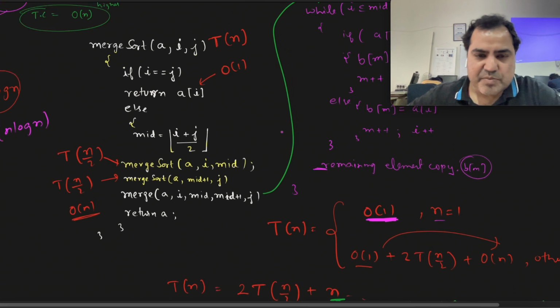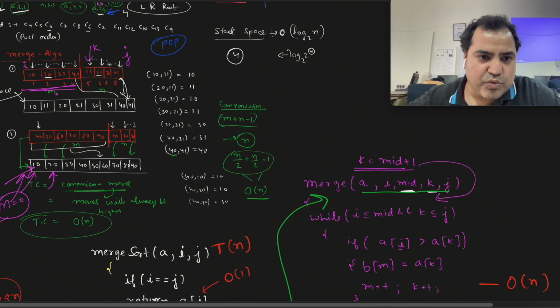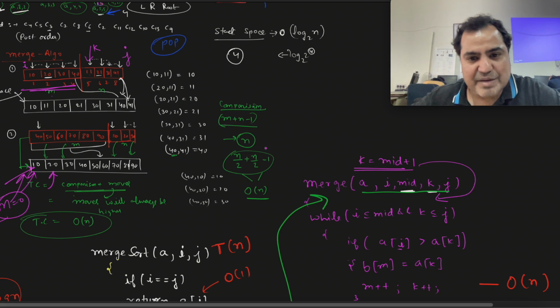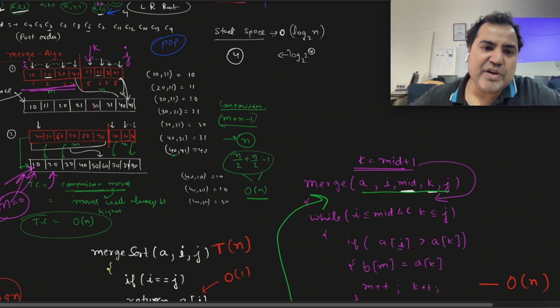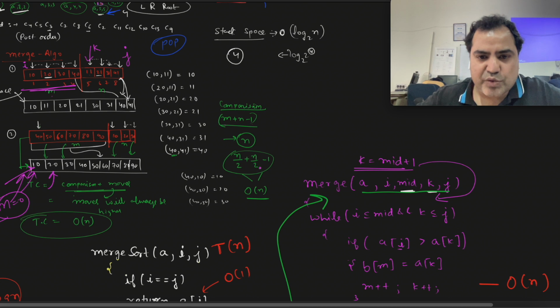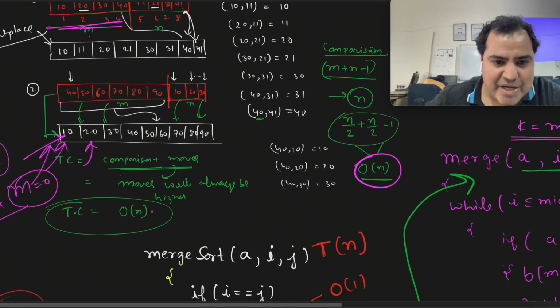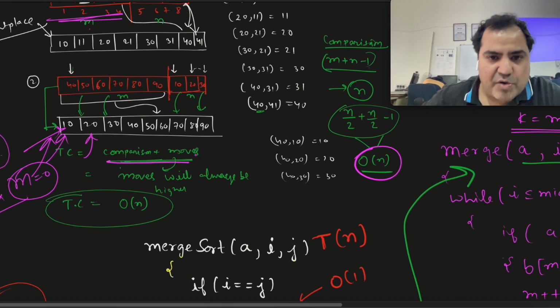And then there is one important step where we define comparison. If we have two different size arrays m and n, if we are merging, then the number of comparisons is m plus n minus 1, right? If we take the same size n and n, then we will write it as n by 2, that comes as order of n, right? But the total number of comparisons